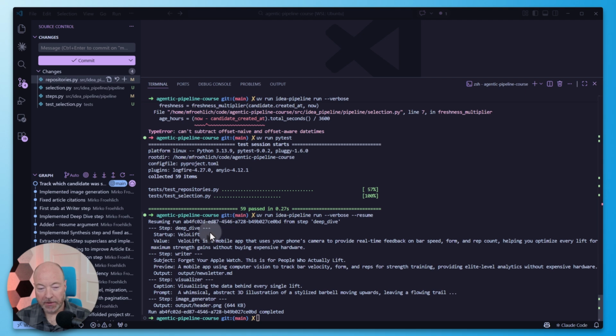So we have a deep dive on this hypothetical startup called VeloLift, a mobile app that uses your phone's camera to provide real-time feedback on bar speed, form, and rep count, helping you optimize every lift for maximum strength gains without buying expensive hardware. The writer has a nice catchy headline, "Forget your Apple Watch. This is for people who actually lift." And then a bit more of a preview,